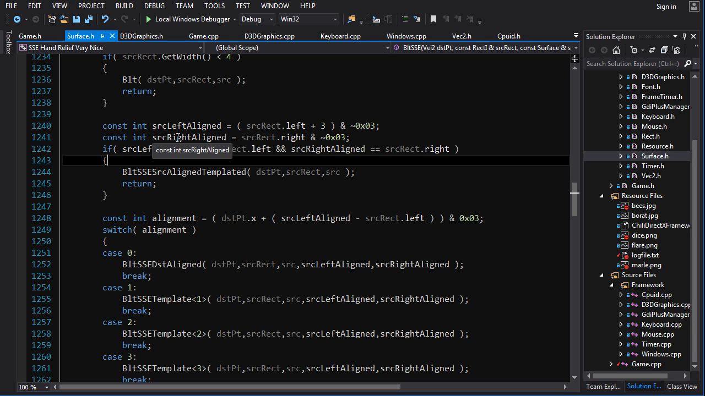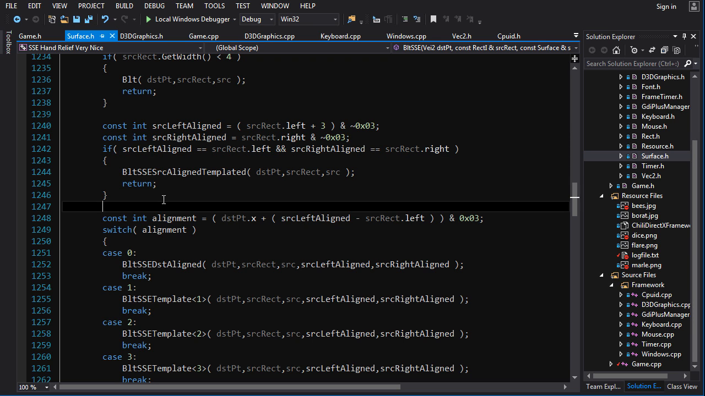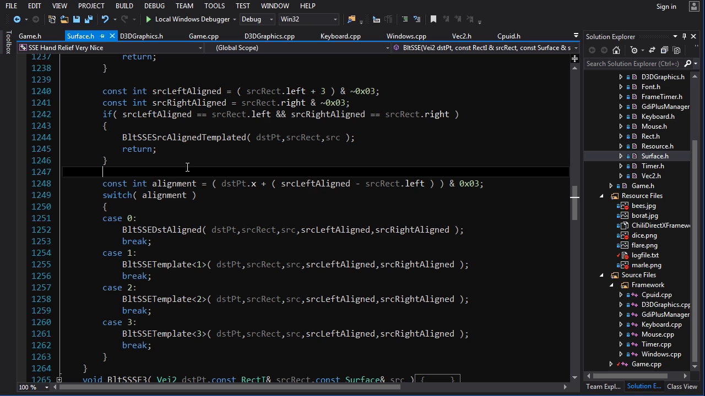Now, if the source left and right, or either one of them, is not aligned, then we first have to align the left and the right before we can call those functions. So then